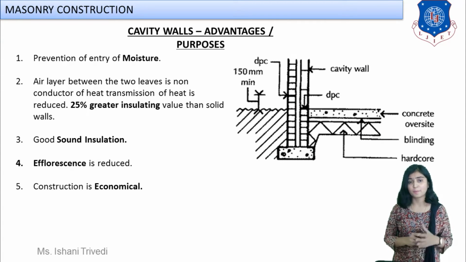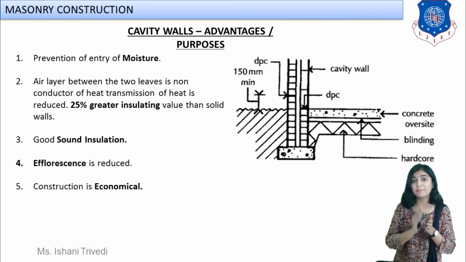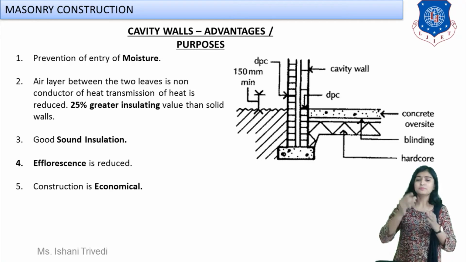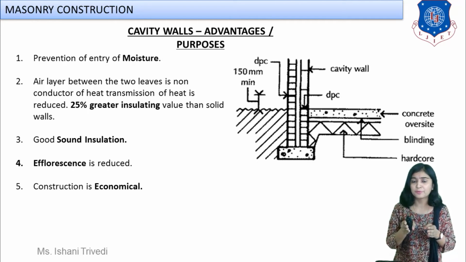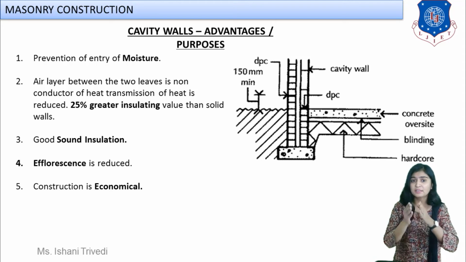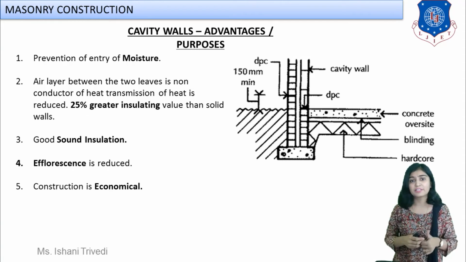Okay, first of all, whenever you are constructing walls such that empty space is kept in between, this empty space will be a bad conductor of heat. It means it will not transfer any amount of heat. So the outer leaf, which is exposed to atmosphere, will have a heat transfer inside, but because of this cavity present in between, the heat will not enter inside the building. Hence, the first advantage, the first function that is obtained with the cavity wall is thermal insulation.